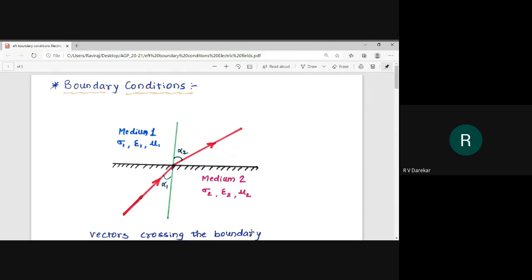We had considered the red vector as the electromagnetic wave, and we had seen that whenever it is crossing